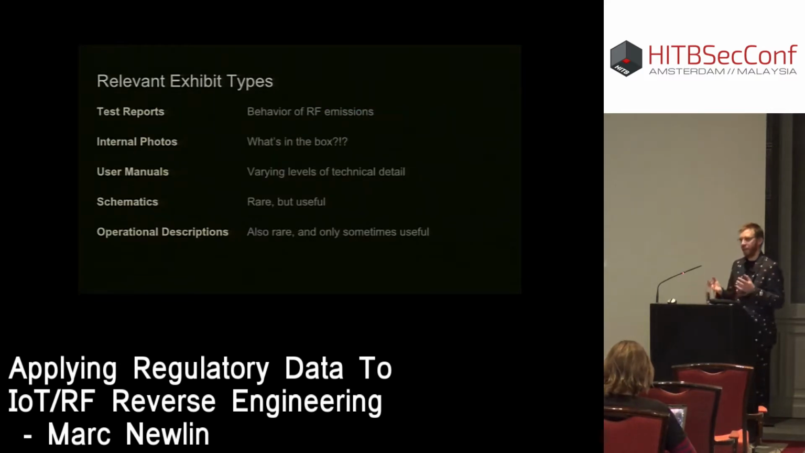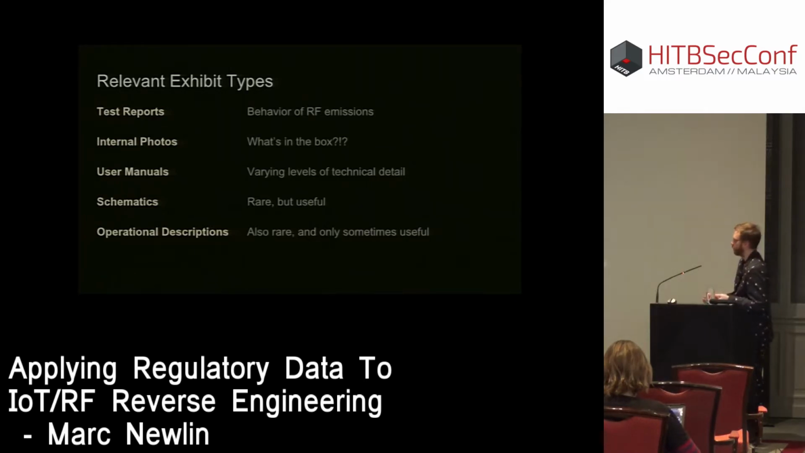So there are a handful of exhibit types that are relevant to the reverse engineering process. Test reports are the absolute best. This is where the RF emissions are evaluated. Part of the difficulty is that you have a wide variety of formats of test reports. So you have 2,500 test labs. Each one has different report formats and varying degrees of information. And there's no guarantee that any test report will have any specific information that you want, but it's usually a